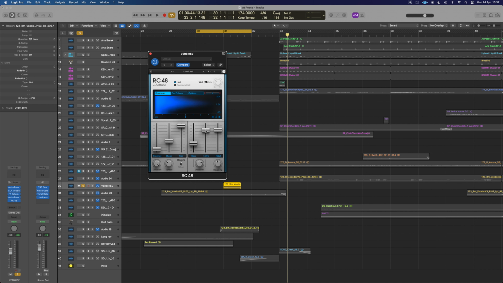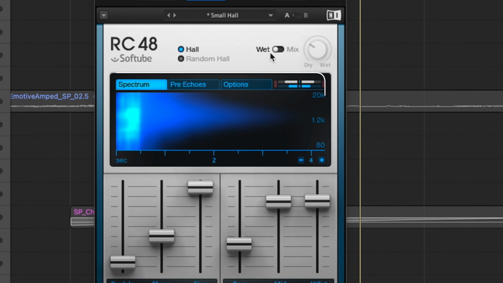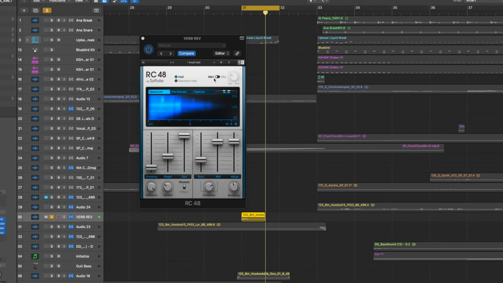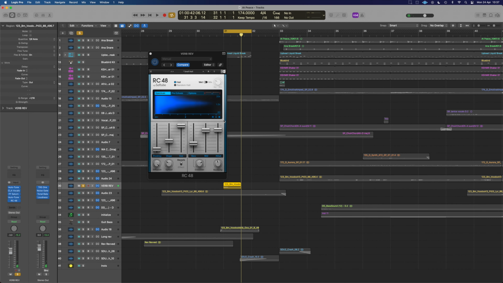So again, if we press U around our little vocal loop or just loop this section here, we'll be able to hear what we've got. And now it's pure reverb, okay? It's 100% set to wet. Okay, now the other thing we need to do to create that reverse sweeping effect, we actually need to